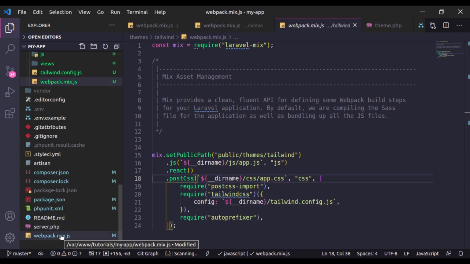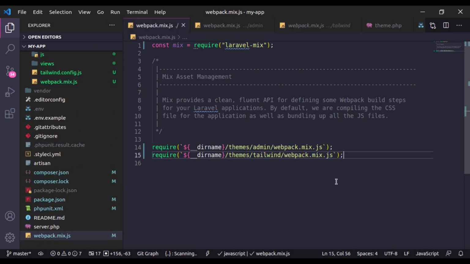So in the root webpack mix file, if you add multiple webpacks for different themes, then it may not compile the assets for these correctly. So here we need to require only one theme's webpack at a time. For this solution, you can comment all the themes webpack and uncomment only one at a time. This will work, but this is not the ideal solution.